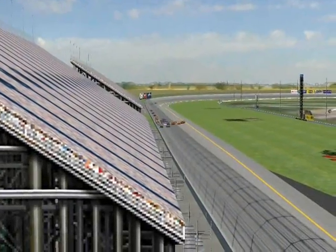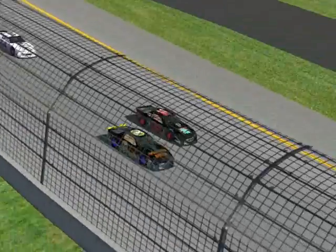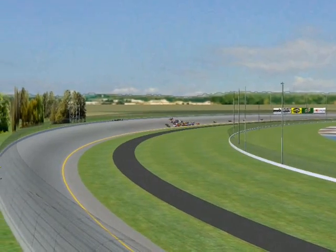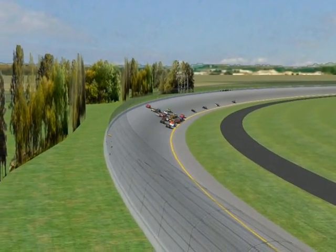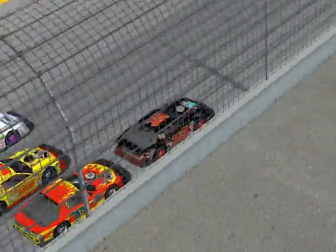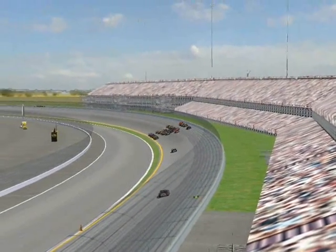Down the backstretch on the very first lap under caution, we can again see the nutty 5 wide racing. And we have our first major lead change of the race here, as Andreas Allen is currently going by Mark Nutt. It doesn't get any more beautiful than that, as we have 5 wide racing throughout the entire field,